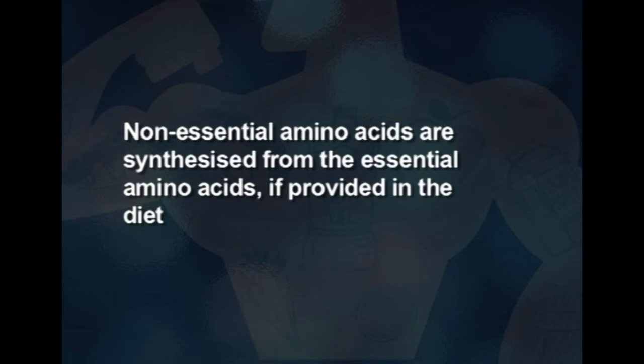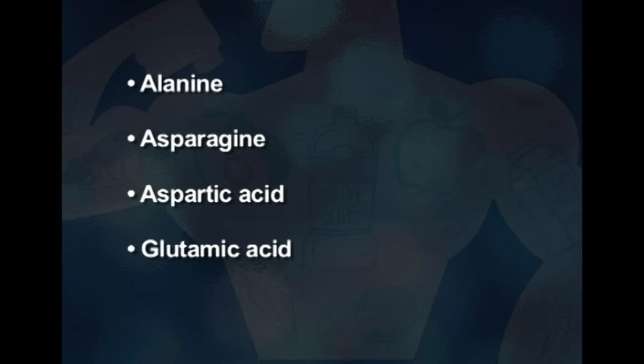Non-essential amino acids are synthesized from the essential amino acids if provided in the diet. These include alanine, asparagine, aspartic acid, glutamic acid. We have around 200 plus amino acids available in nature, but among them only 9 amino acids are categorized as essential amino acids, which have to be supplied through the diet, and once their requirements are met,